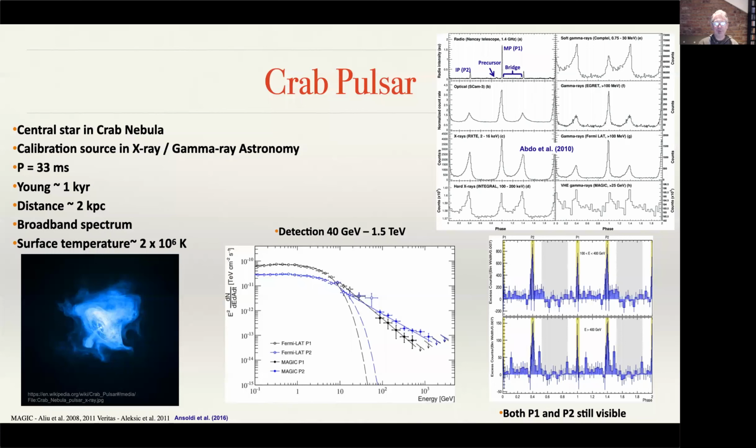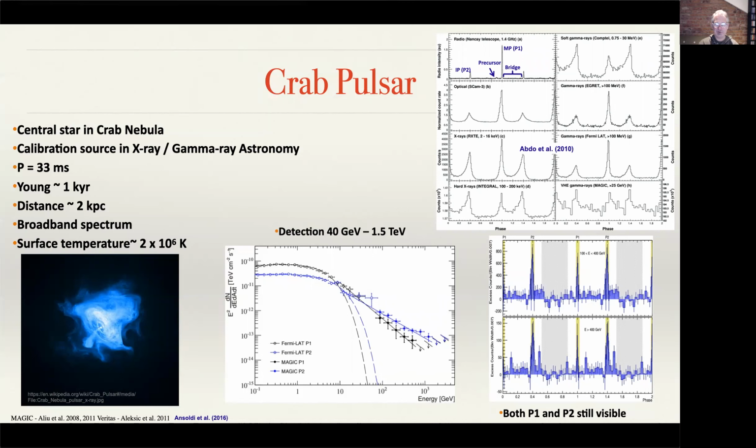I just wanted to highlight one particular pulsar just to give you an idea of the nature of the sources that we're dealing with, and just to give you a flavor. So the Crab pulsar is associated with the Crab Nebula, and it's a very young pulsar. We believe that the supernova which formed this pulsar actually occurred within human history. So in 1054 AD, we believe there was, well, we know that there was a so-called guest star seen by